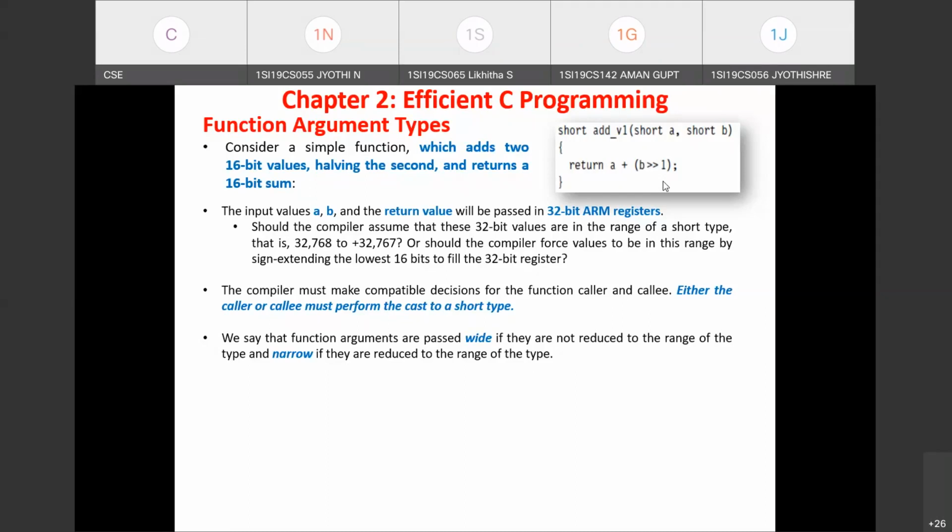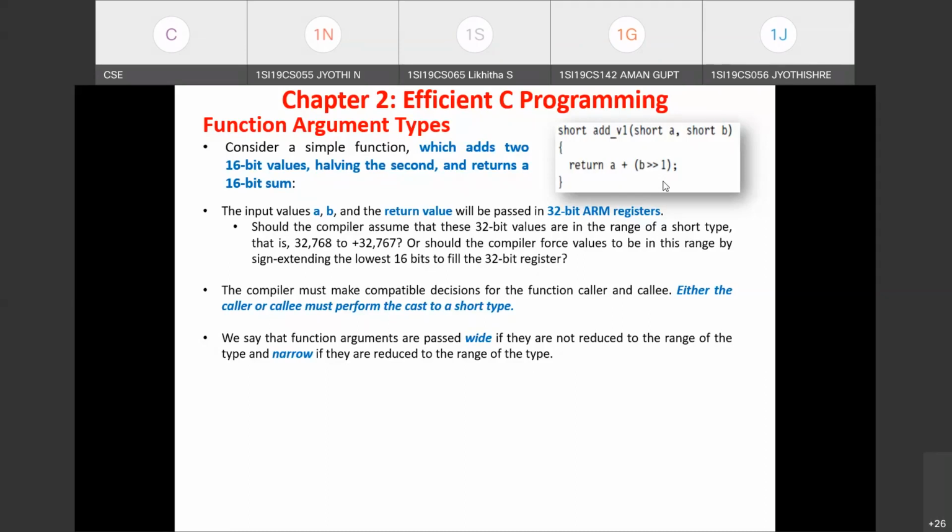So if the compiler assumes the arguments passed to the function are wide, meaning in the calling function, their values are not reduced to the range, in the called function that has to be taken care of. The compiler has to see that in the called function, the instructions are written to reduce the value held in the register to that specified range. Okay, that is the meaning of passing the function arguments wide.